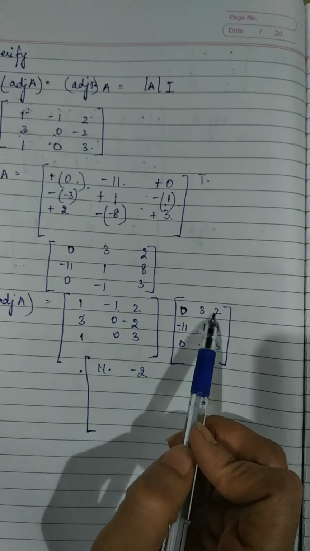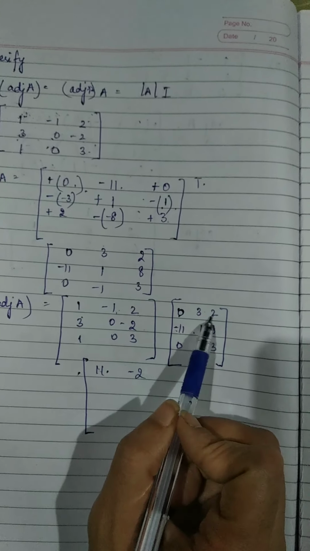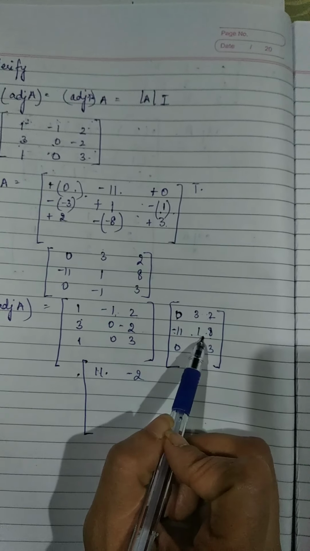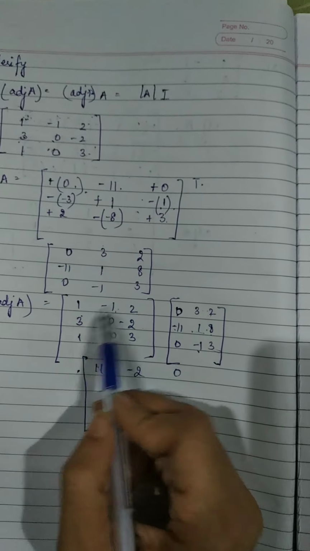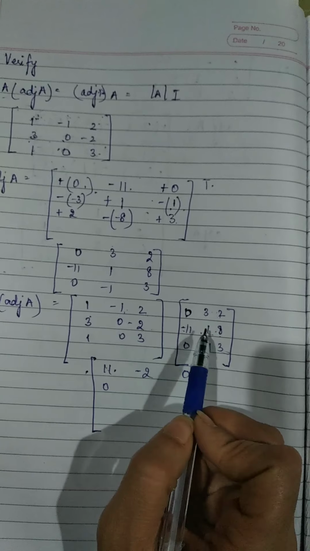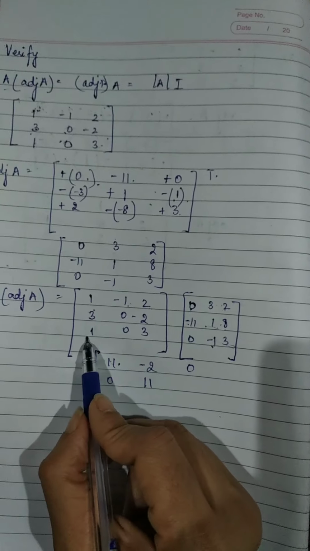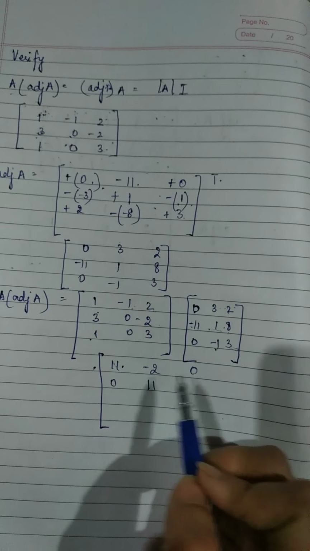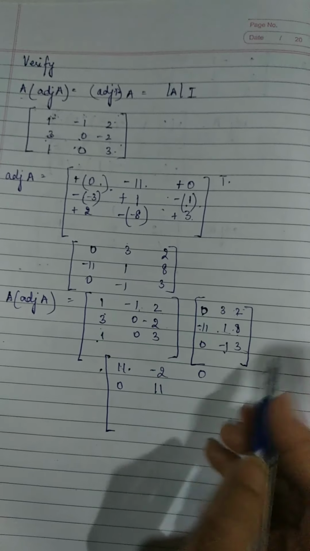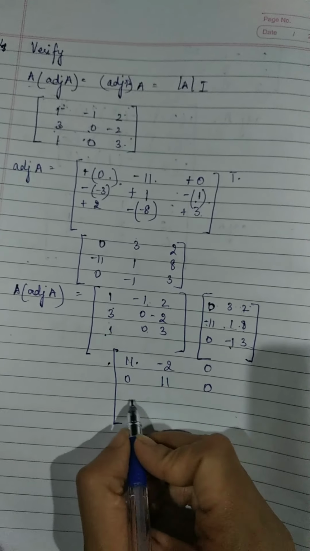Then we have 2 minus 8, 6. So we have 2 minus 8 minus 6, plus 6, 0. Again 0, 0, 0. This element would be 0. 9, 0, 2, 11. And this would be 2, 6, 0, minus 6, which would be 0 again. Again this is 0, 0, 0. So that's 0.